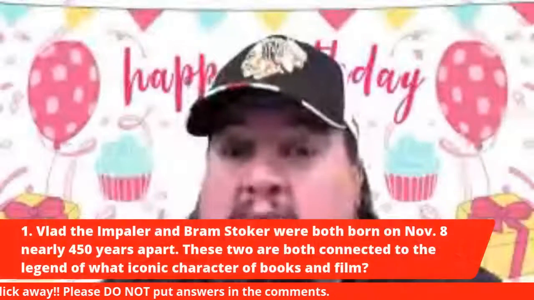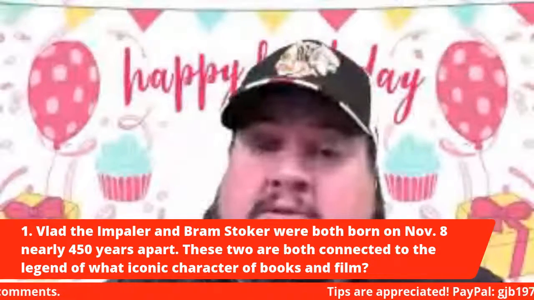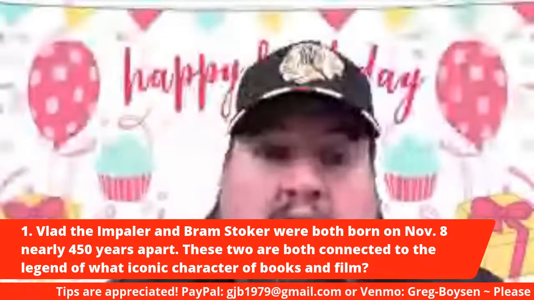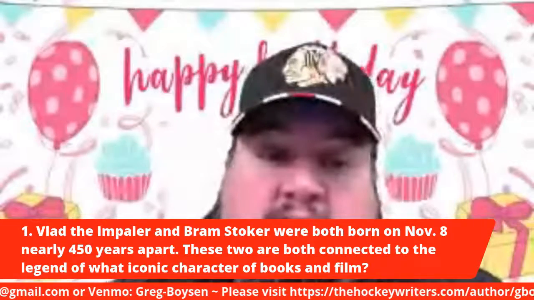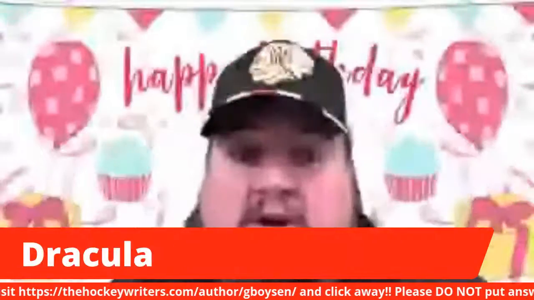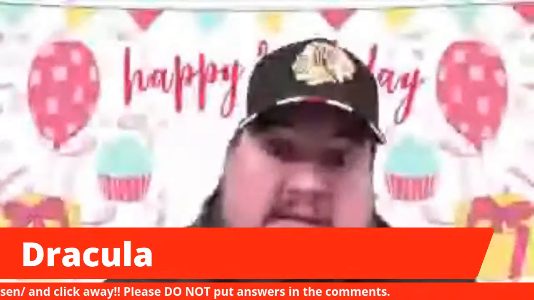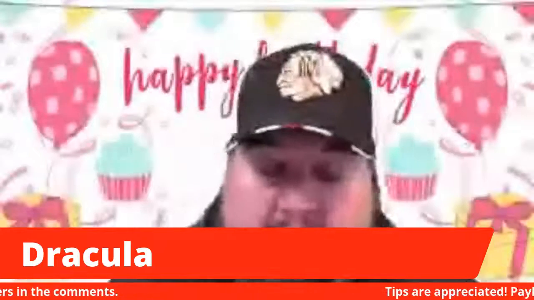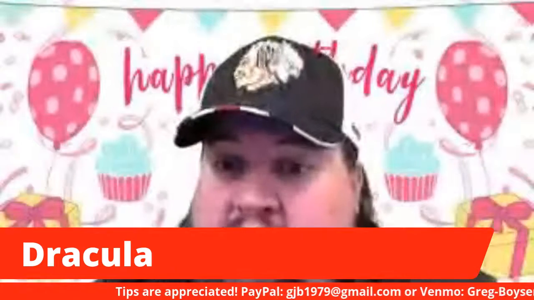All right, here we go. November birthdays. Let's do our answers. Number one, Vlad the Impaler and Bram Stoker. I always want to say Stroker, but that's more of a Larry Flynt character. They were both born on November 8th, nearly 450 years apart. These two are both connected to the legend of what iconic character of books and film? We are, of course, talking about Dracula. Vlad the Impaler is the figure that the character is loosely based on, and Bram Stoker is the guy who wrote the original